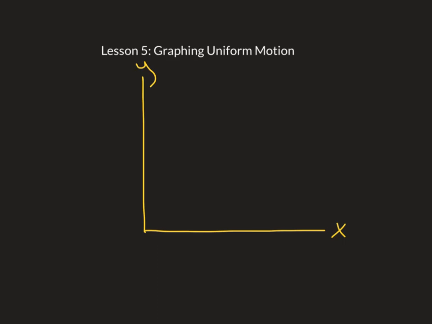Now, when we graph stuff in physics, when we're talking about speed, in particular in uniform motion, typically we're talking about two variables that come together to create speed. Remember that speed is based on the fact that we have a distance that we've traveled and a certain amount of time that we traveled for. So what we have to do is figure out which of those is our dependent variable and which one is independent, which one is changing on its own, and then which one is changing as a response to the first one. Okay, so our two units,